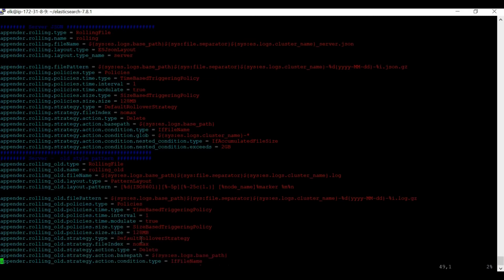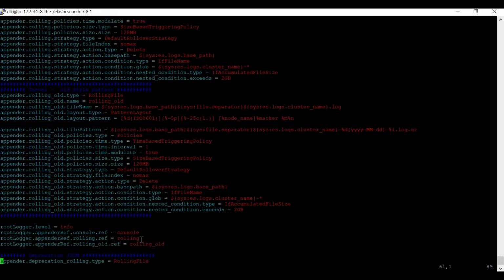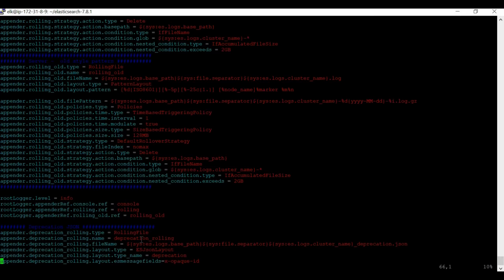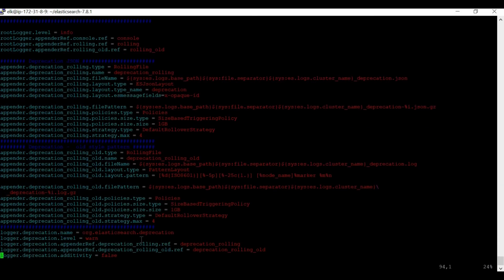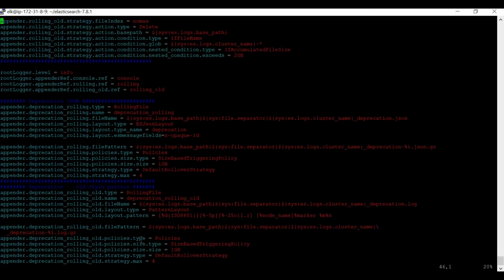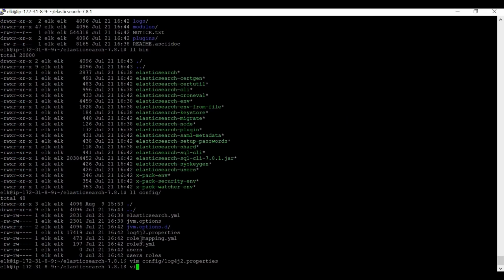But be careful: if you turn it to debug, a hell of a lot of logs will appear within a short span of time. So as per your requirement and need, you play around with it, but it's a rare chance that you will.